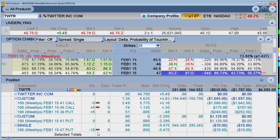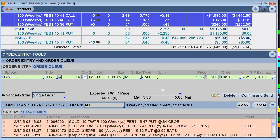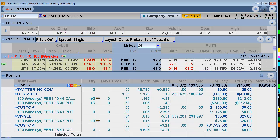Okay. At this point, I'm looking for this to continue going higher, so I might as well take the cap off and buy back the short call. The calls are 585. Oh, now come on, fill me. Darn it. There we go. Okay, so what I've done is I've just made a bet that Twitter is going to go